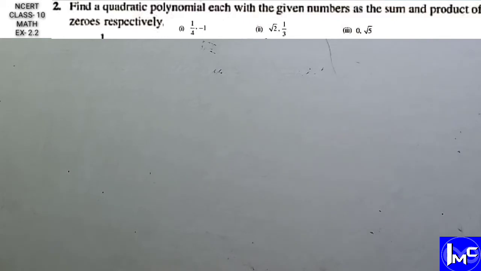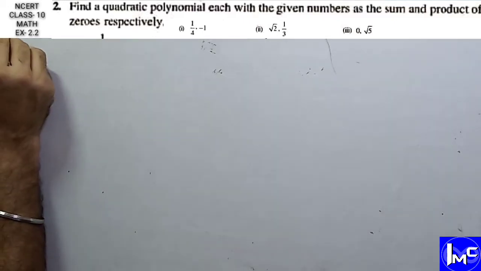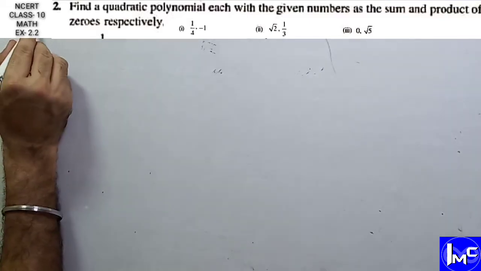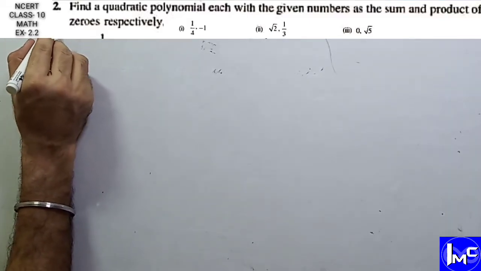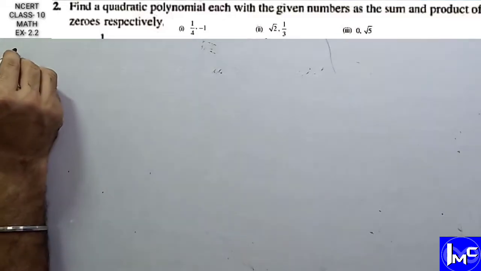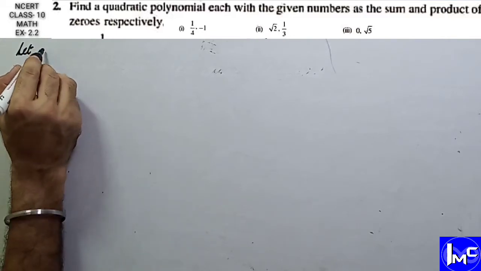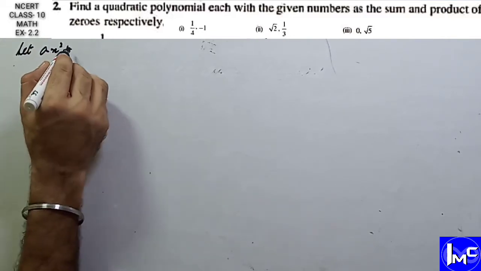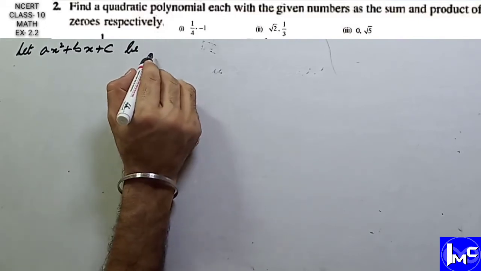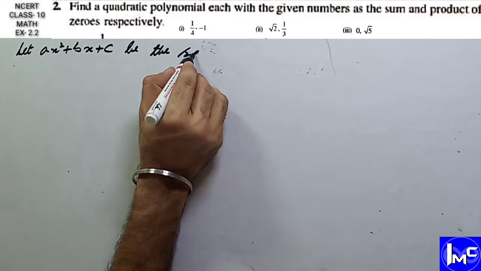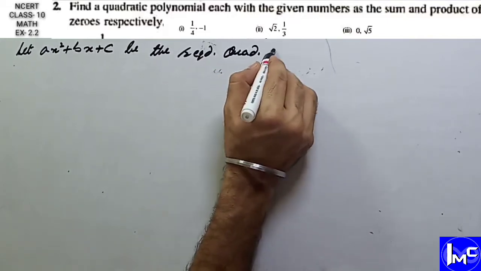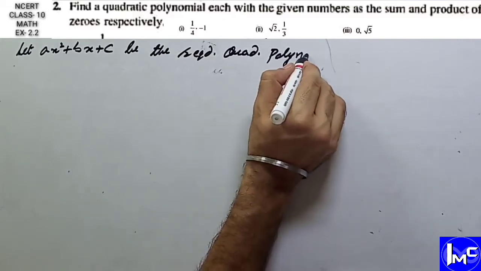Second part is under root 2 and 1 over under root 3. Again, let ax square plus bx plus c be the required quadratic polynomial,